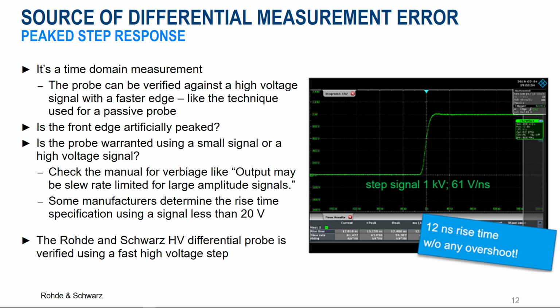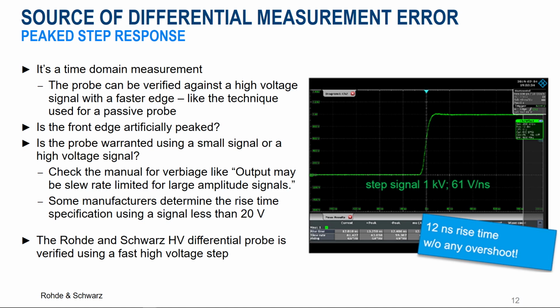The best method for evaluating a probe's rise time capability is to evaluate the probe's step response against a known fast, high voltage reference. The step response reference signal should ideally be at least 1 kilovolt with less than 20 nanoseconds rise time. There are 2 methods for specifying rise time that some manufacturers employ, which should cause concern for users. These 2 areas of concern are